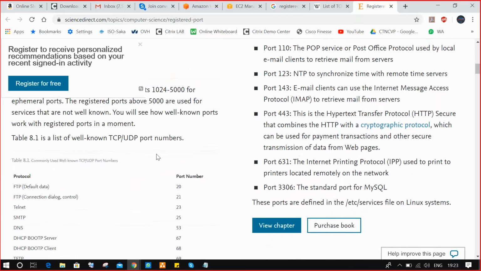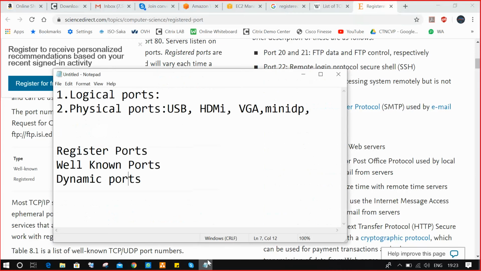So basically, previously the calculation was: well-known ports 1 to 1023, registered ports 1024 to 49,151, and dynamic ports 49,152 to 65,535. Sorry, 65,535.